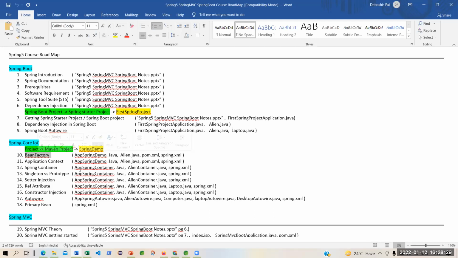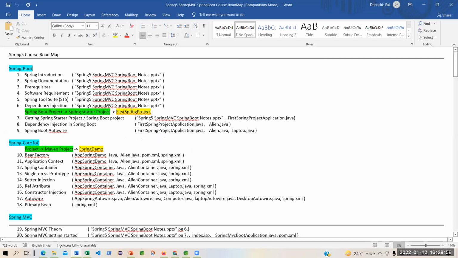It is under your belt. You are the master of the Spring framework. And because you understand the Spring framework very well, you understand Spring Boot very well, and you can adapt to the new versions of Spring Boot very well, because you know things in and out from 2003 till 2021.